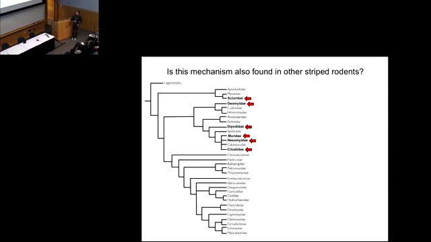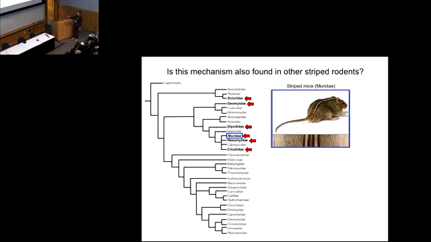And in red arrows, I have indicated families that contain at least one species that has some kind of stripe pattern. So you see that it's evolved in at least 6 different groups. And so I already showed you what happens with the striped mouse, which sits here in the Muridae family. And so I was able to collect skin